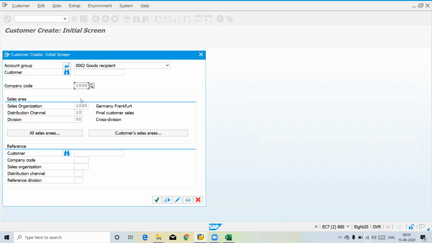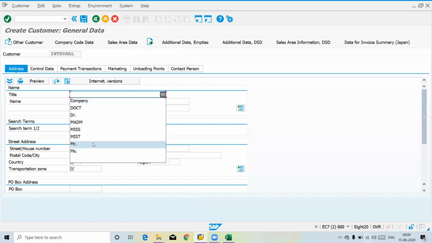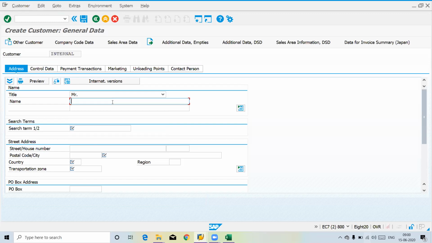I'm just entering the company code. So what data do you get? Company code data and sales area data. When you select company code, it will automatically ask for company code data, right?